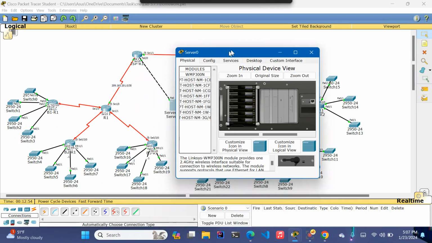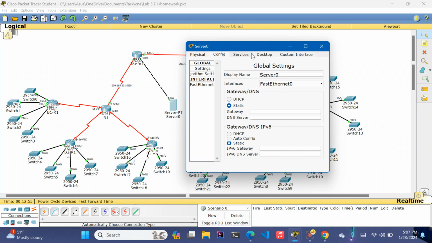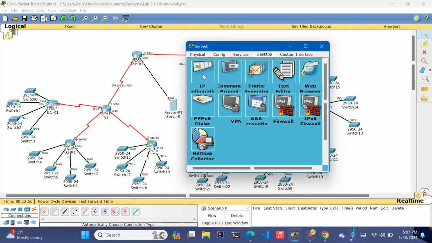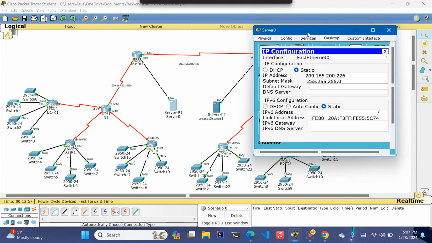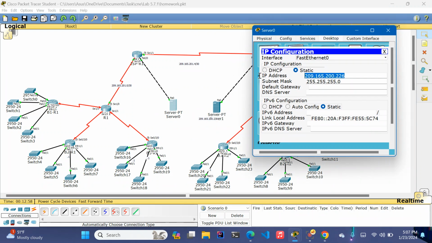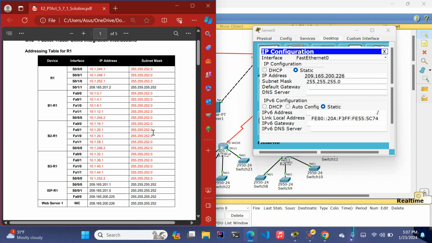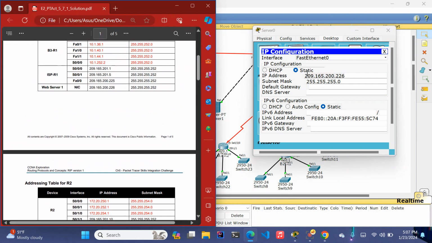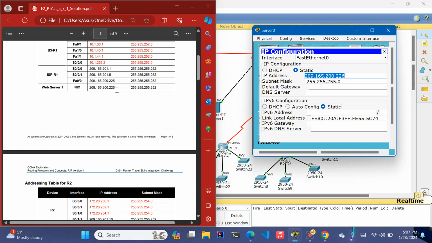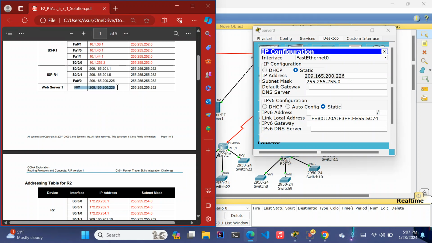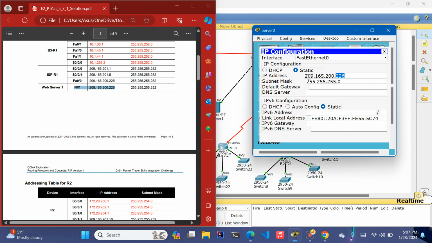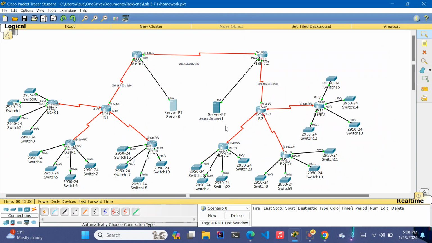In this server, you go to Desktop, then IP Configuration. You see this already has an IP address in here, and this IP address should be in your requirement. As the file here shows, this IP address is this one. So make sure that you copy that and paste it in here,